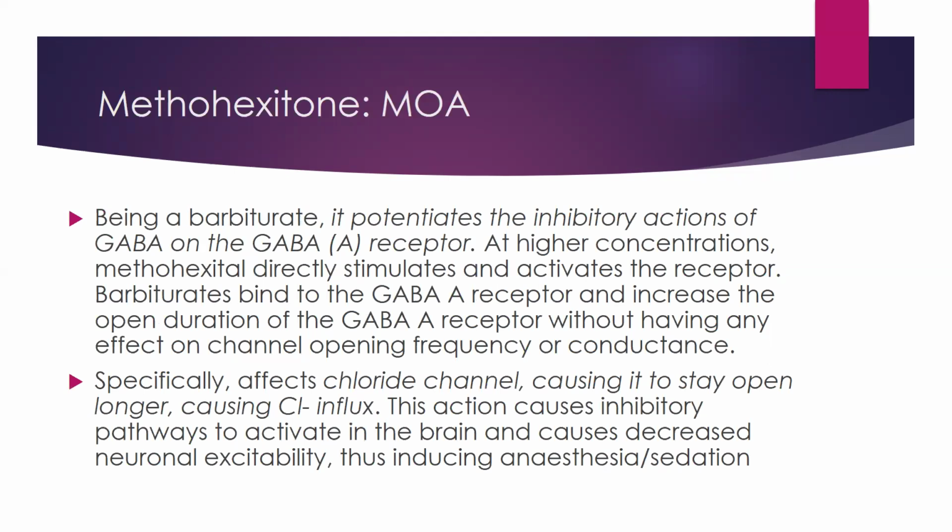Being a barbiturate, it potentiates the inhibitory actions of GABA on GABA A receptors, and at high concentrations it increases the duration of the receptor opening without any effect on the frequency of the channel. Specifically, methohexitone affects the chloride channel, causing it to stay open longer, which leads to an influx of chloride ion. This action causes inhibitory pathways to activate in the brain, and this will lead to decreased neuronal excitability,